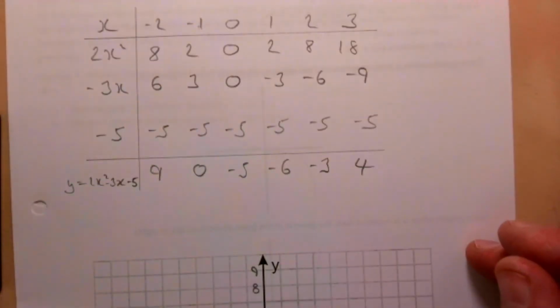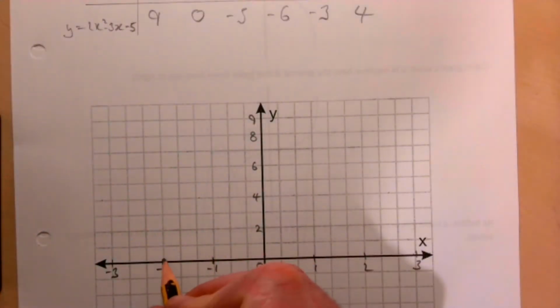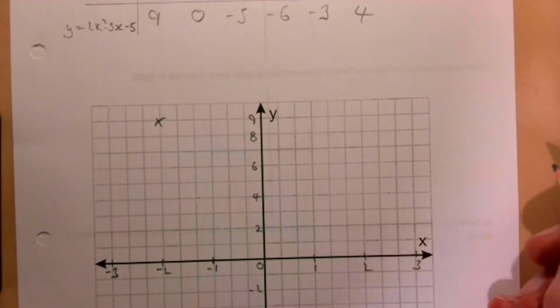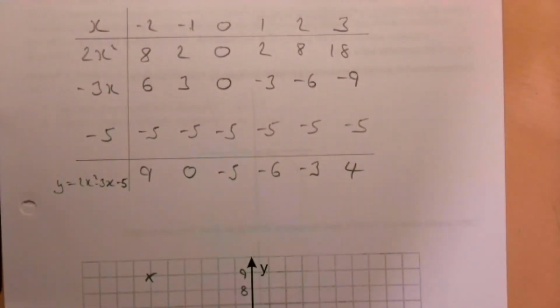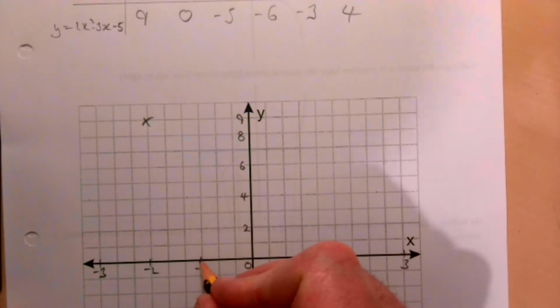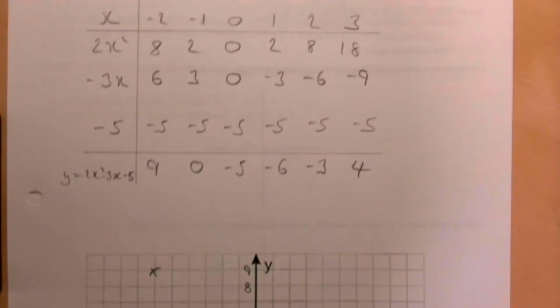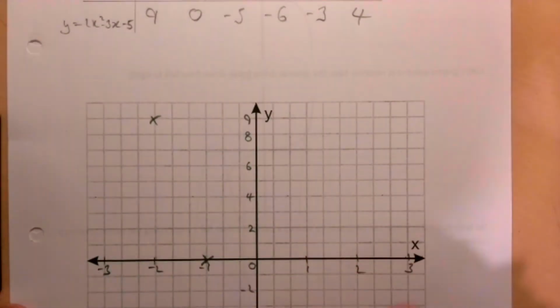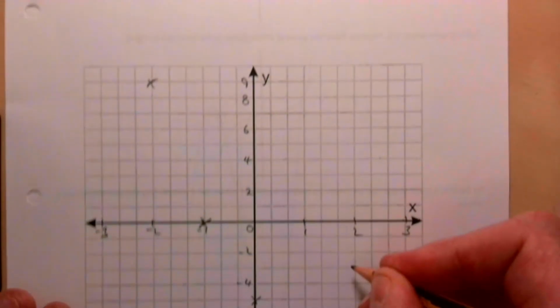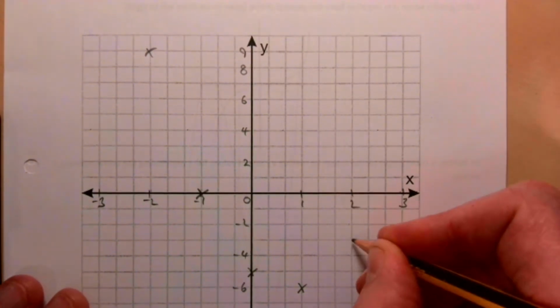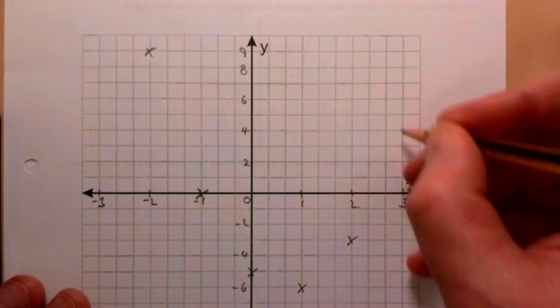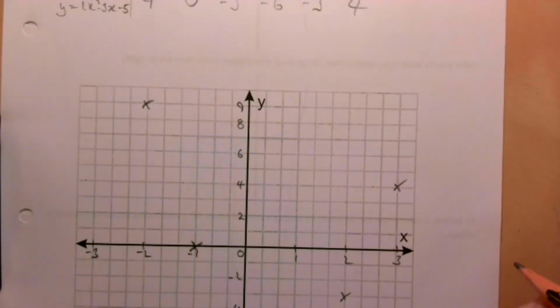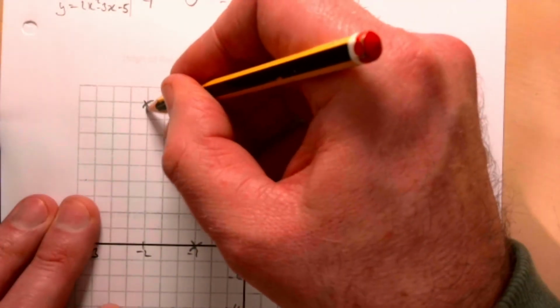So the point minus 2, 9 is here. The point minus 1, 0. Then the point 0, minus 5. The next point is 1, minus 6. The next point is 2, minus 3. And the next point then is 3, 4. So hopefully then you can see our U shape here, and I will try my best to do a nice